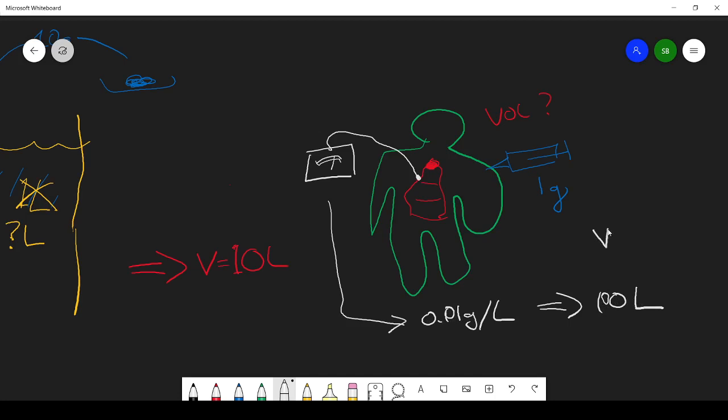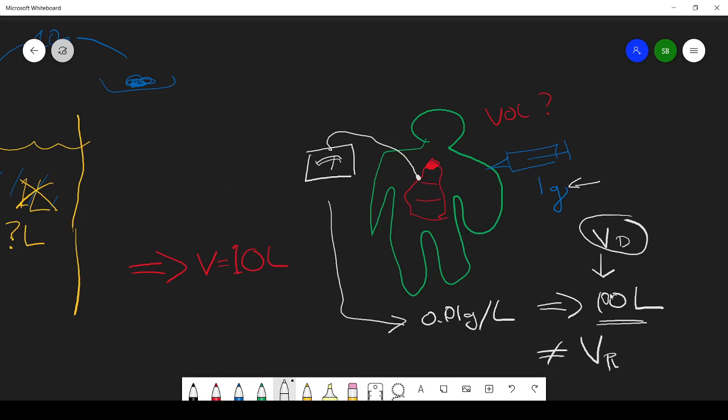So this here is what the volume of distribution is. It's the volume that we get when we use this method to work out the amount of liquid that this stuff got dissolved into. That's the volume of distribution. Now you notice that this is ridiculously high. It does not equal the plasma volume